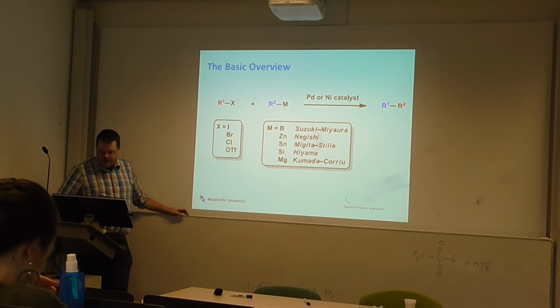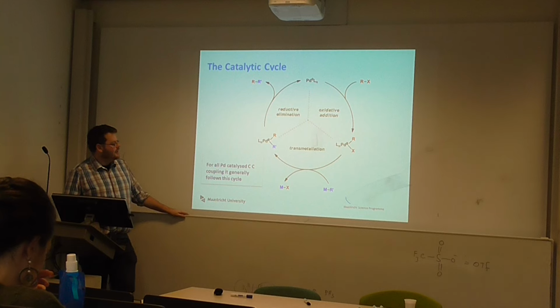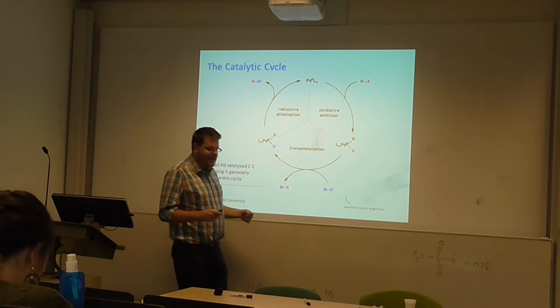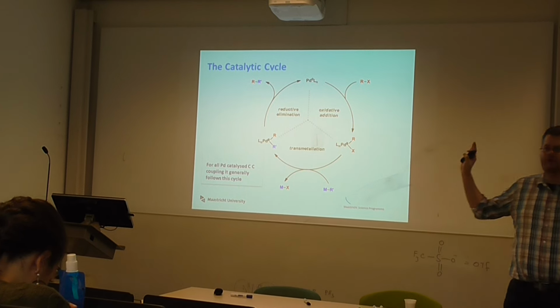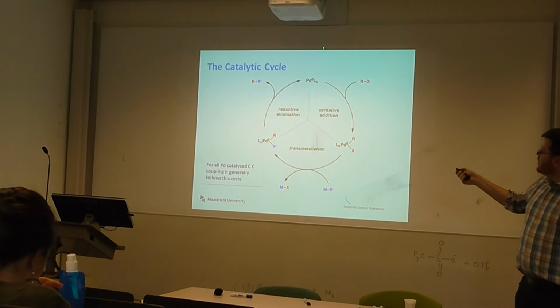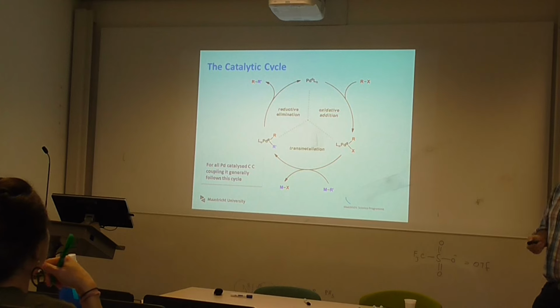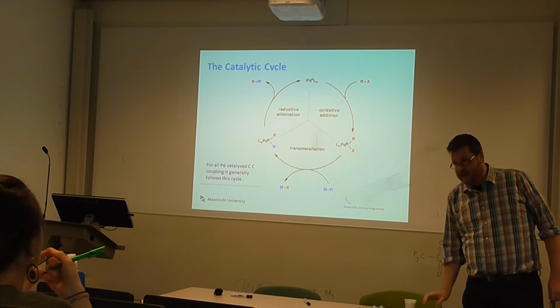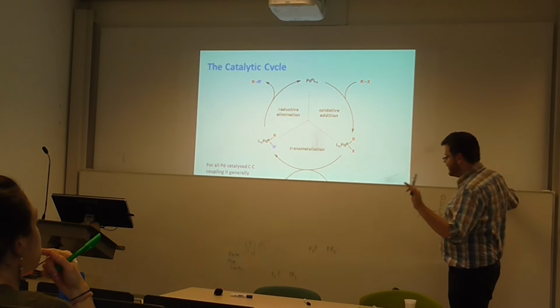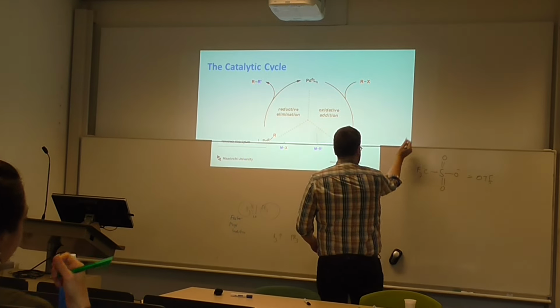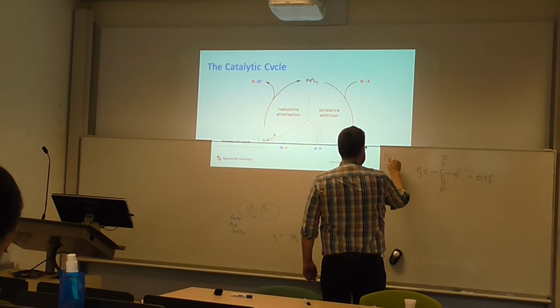But the connecting theme with all of these coupling reagents is that the catalyst cycle effectively always looks like this. You start off with a palladium 0 reagent, okay, the catalyst, and the classic one, so we're now talking about palladium. The classic catalyst is